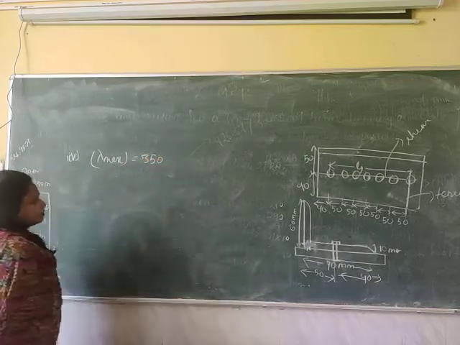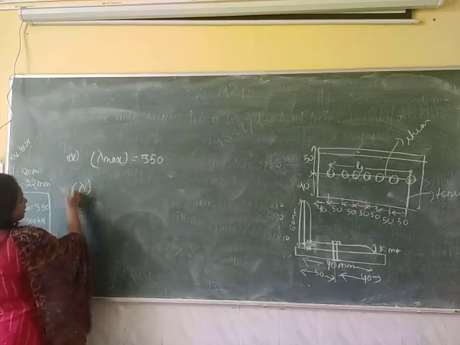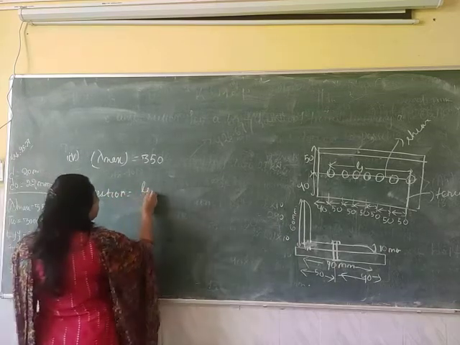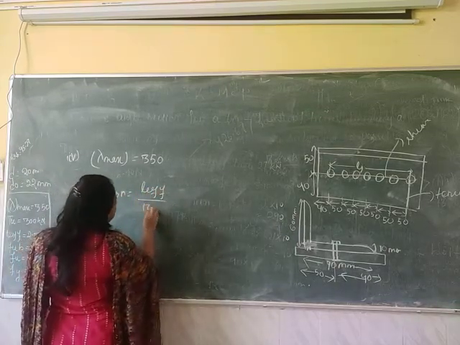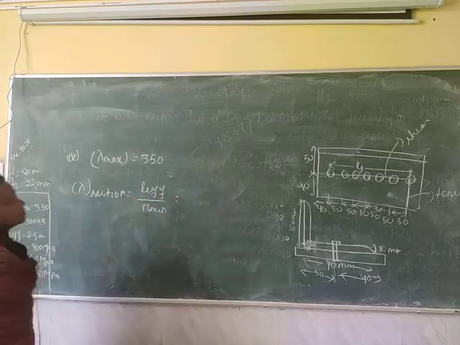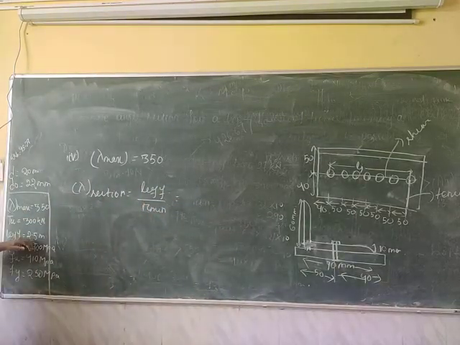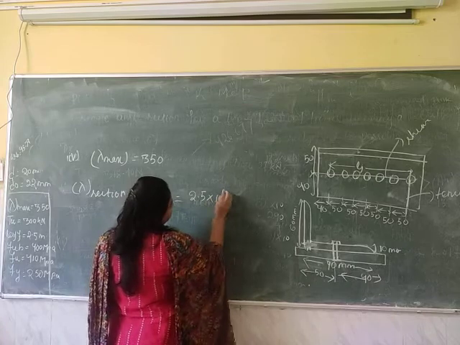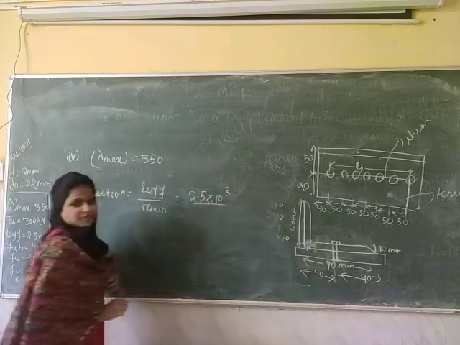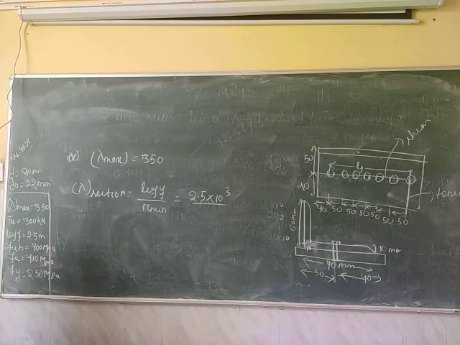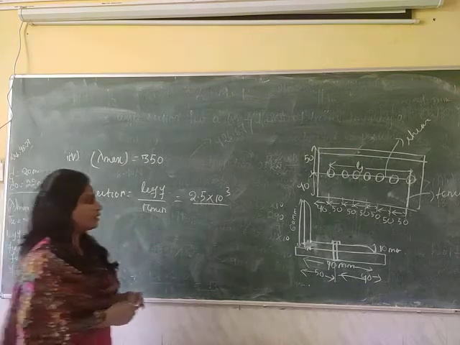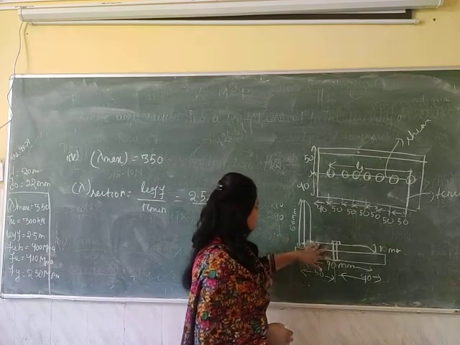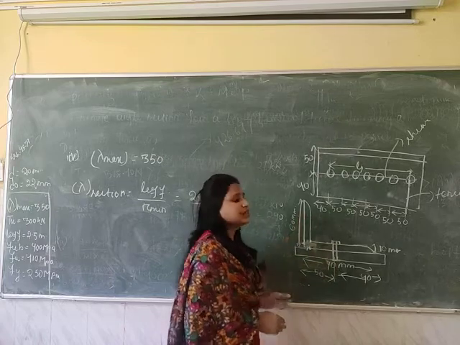Okay, and the slenderness ratio value for our section can be calculated by effective length divided by minimum radius of gyration. Okay, so effective length, this value is given in the question, that is 2.5 meter. Okay, so convert this value in millimeter. Okay, then minimum radius of gyration. So this value you can get from the steel table. Okay, so from the steel table you can get the radius of gyration value for this angle section, that is 90 into 60 into 10.